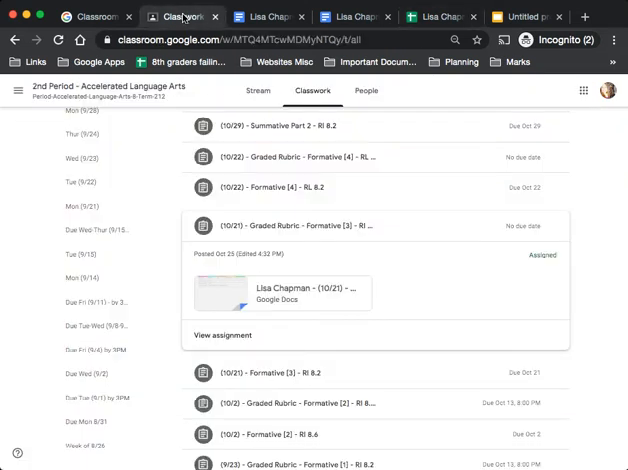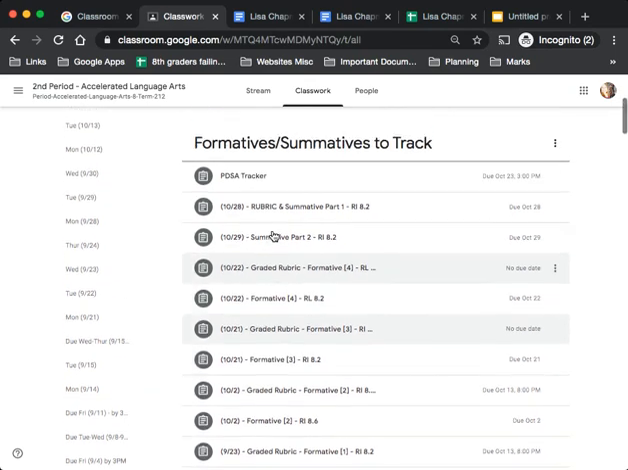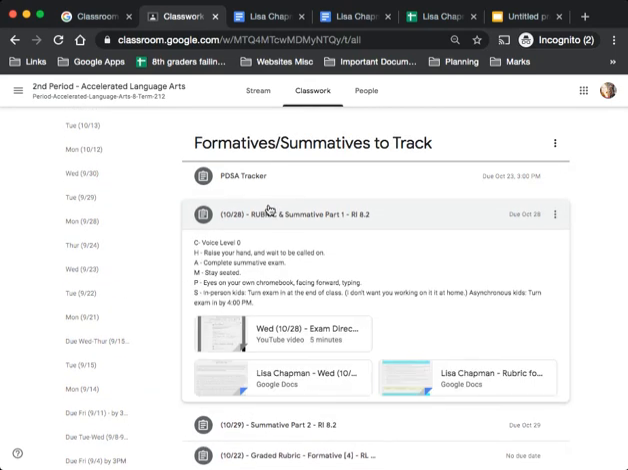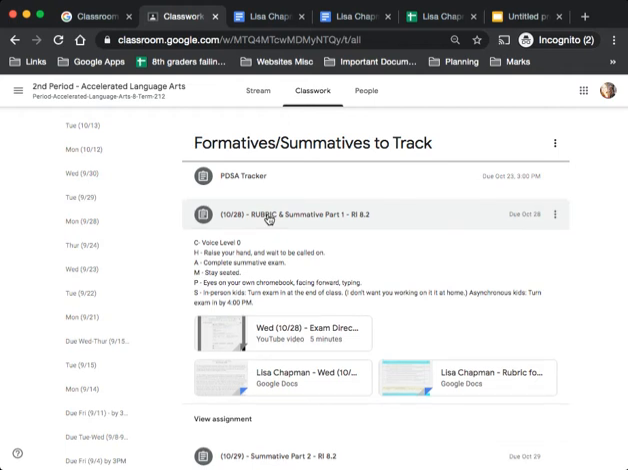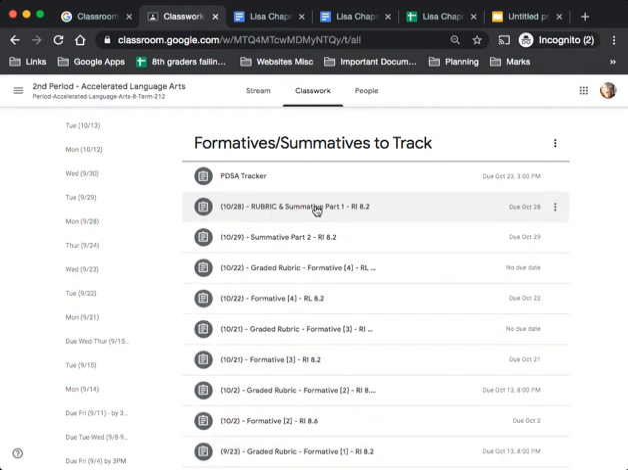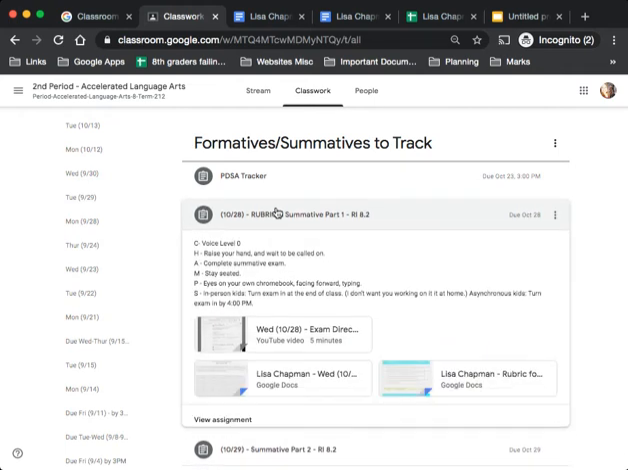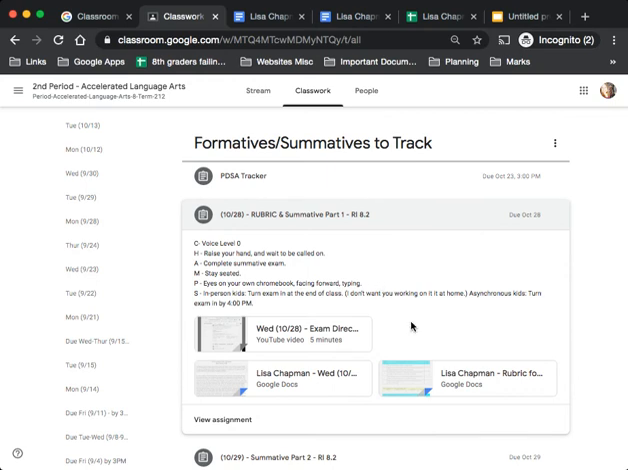Now, last but not least, you have your summative here, okay? So you need to enter your information for that one. Now this one's set up a little bit different. So you're going to look at the second thing here. It says rubric and summative part 1. So your rubric's actually attached to the first part here. Okay, so when I open up my rubric,